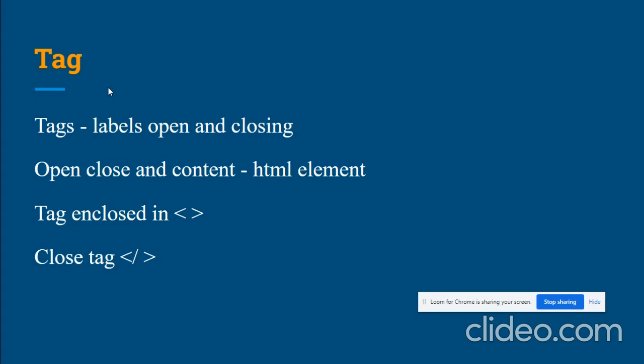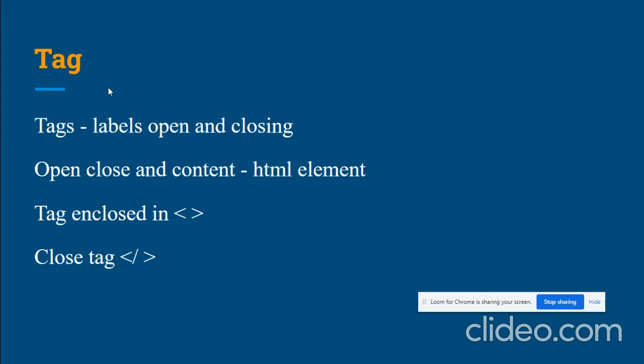When you give an opening HTML tag, the browser will identify that this is a web page. Then you have the header tag, title tag. When the title tag is given, the browser will understand this is the title, and whatever title you have given will be shown in the heading